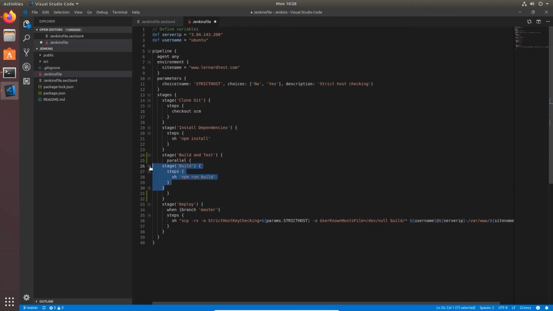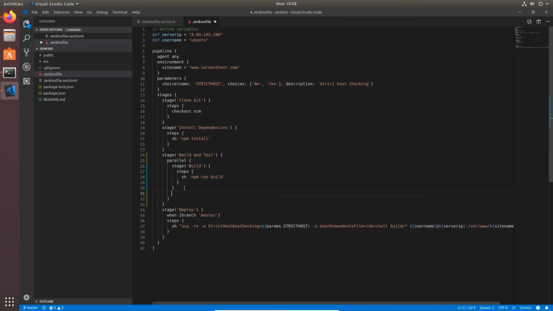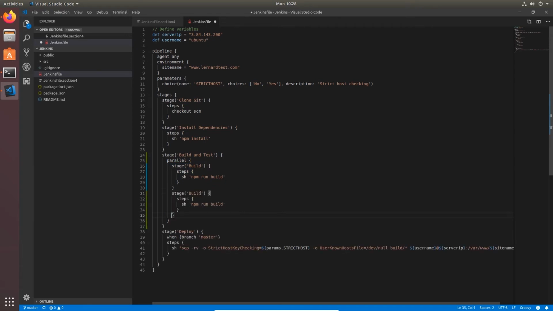Let's just neaten this up a bit. And then we're going to cut and paste it again to save time. We'll rename this second block to test, and then replace the command with npm test --watchAll=false, which is just asking for the tests to be run and for no user input